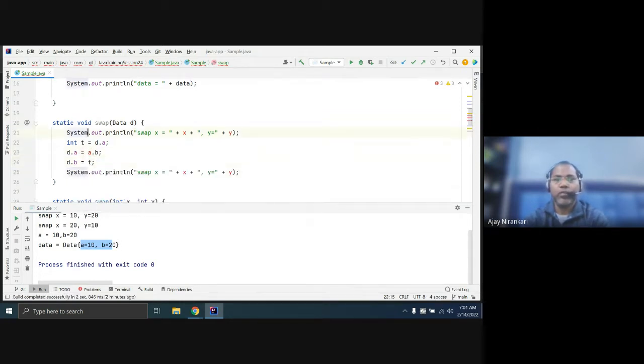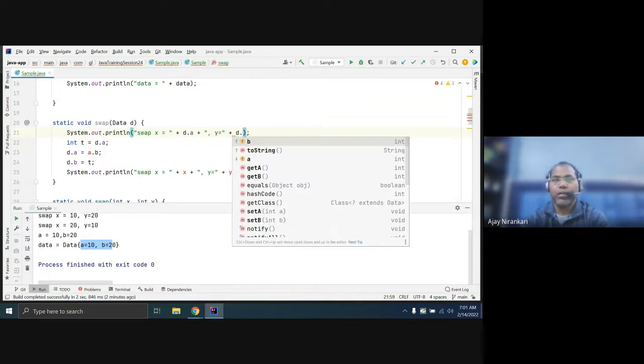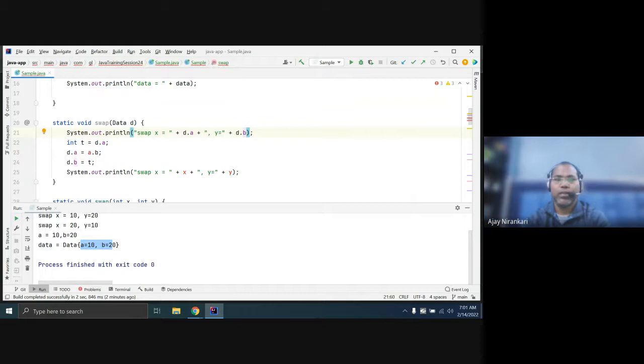Now here you swap, so you print your data dot a and data dot b. Here you are also not returning anything, but the two variables a and b are changing.